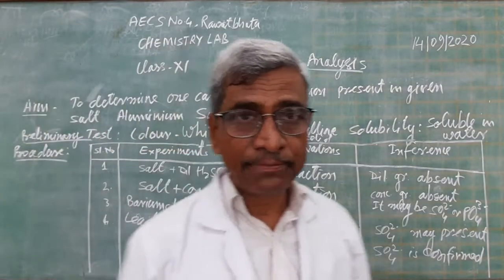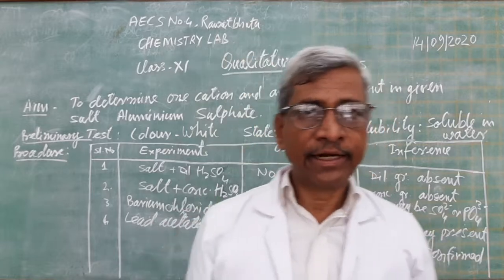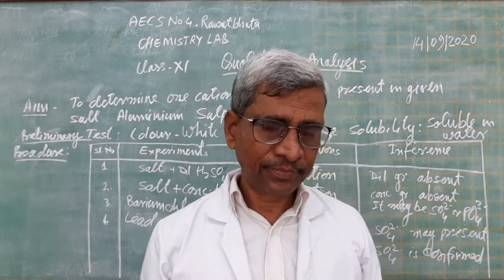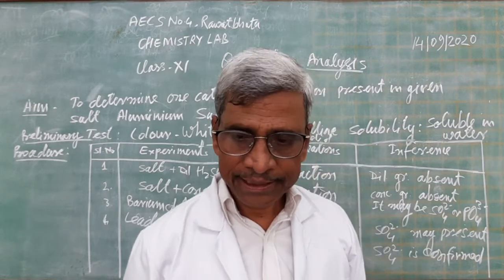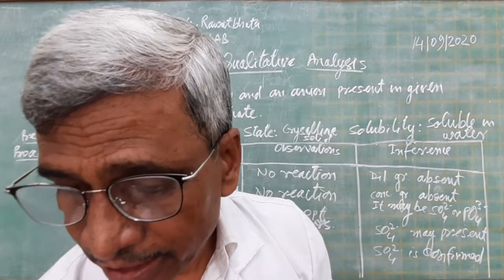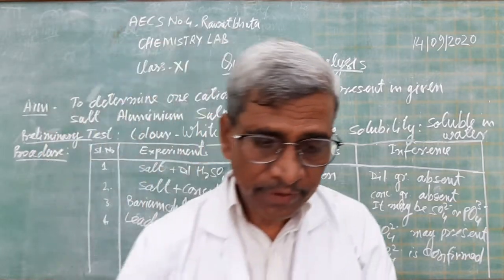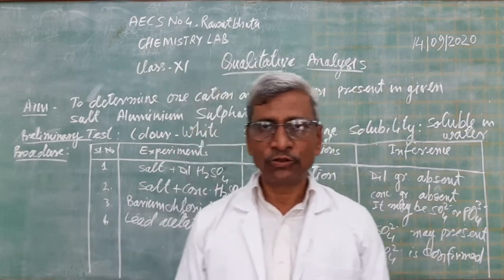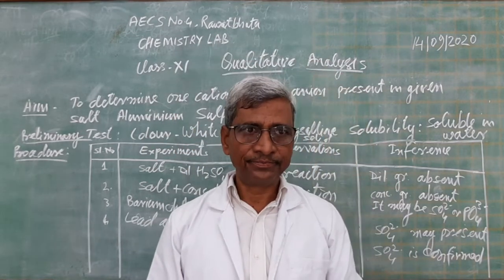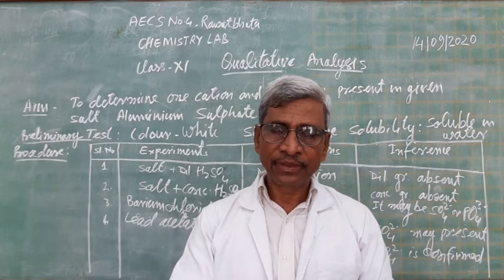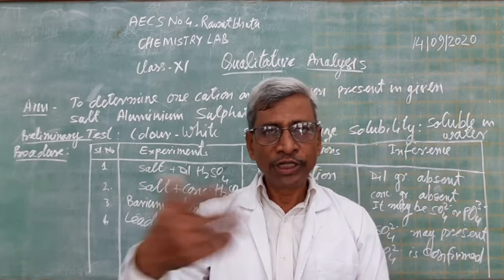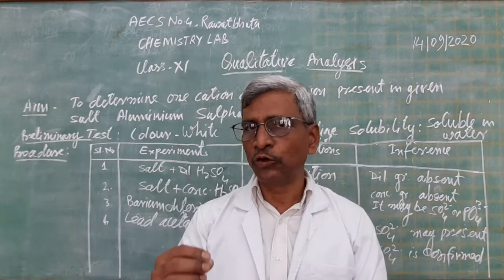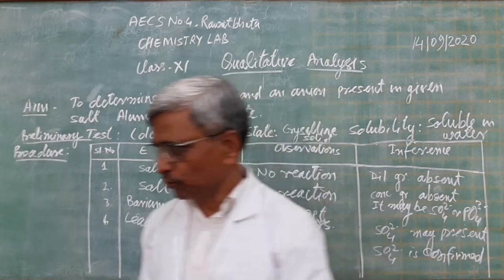Okay. Then we have to go for cation analysis. Anion sulfate is confirmed by doing these 4 experiments. Now we have to confirm the cation. For the cation test, we have to start with the ammonium test because ammonium is very common. So many salts contain the ammonium cation. For that we have to add NaOH. If ammonium is there, ammonia smell will come out and it will give white fumes with a dilute hydrochloric acid glass rod. So what to do?